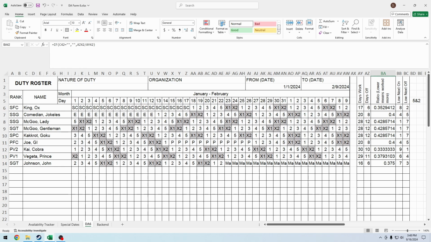And those are your ratios, and your understanding of your rank of who should have next off and next on. We have our 5 and 2 thing here, and that's a good spot for it, so I'm going to keep it there for now. We might change it in the future, but for now,